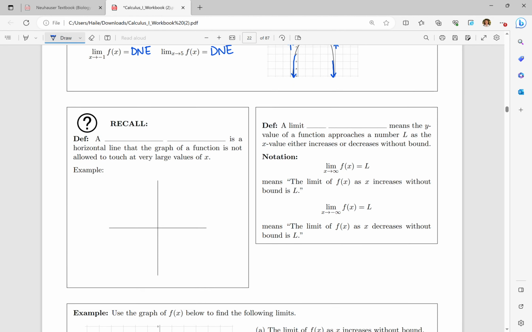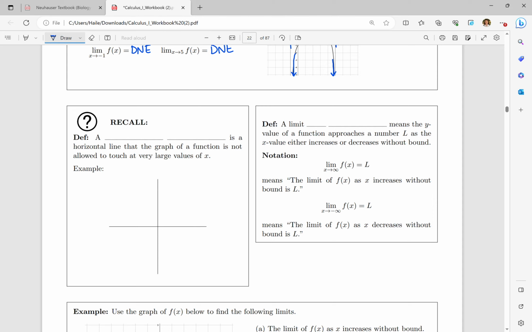Okay, we're going to talk about one more kind of limit in this video. So we talked about jump discontinuities, we've talked about infinite discontinuities, and those were vertical asymptotes. So if we talked about vertical asymptotes, we can definitely talk about the other direction, which is horizontal. So a horizontal asymptote